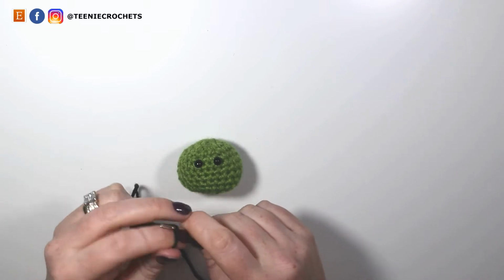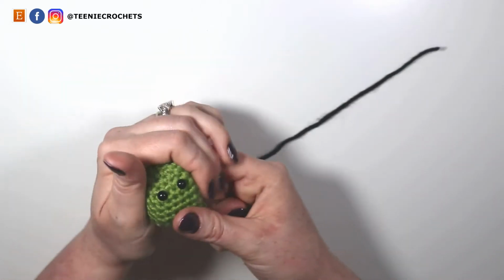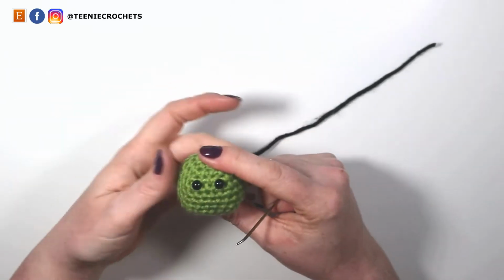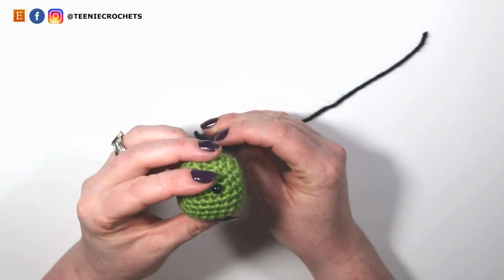So now we need to add a mouth onto our pea. So I'm going to be using some black yarn and my embroidery needle again. I'm going to be putting a nice simple mouth on this one. So I'm going to bring the black yarn in from the back of the work,